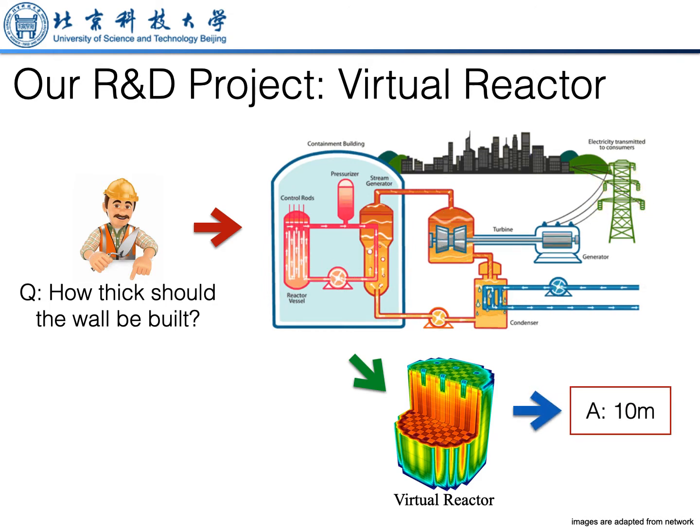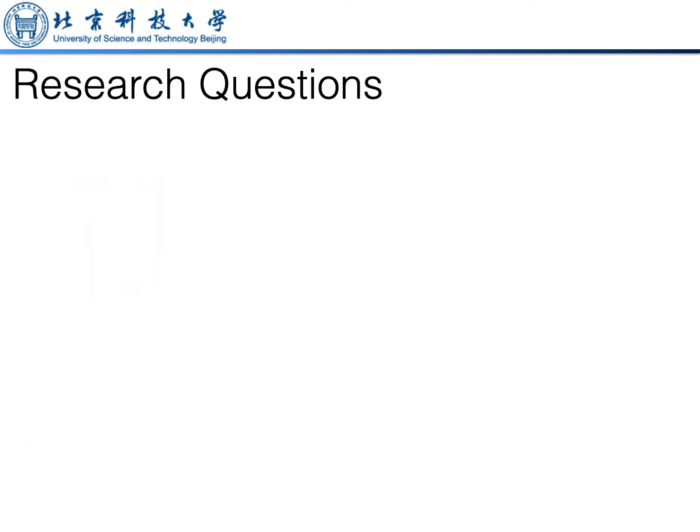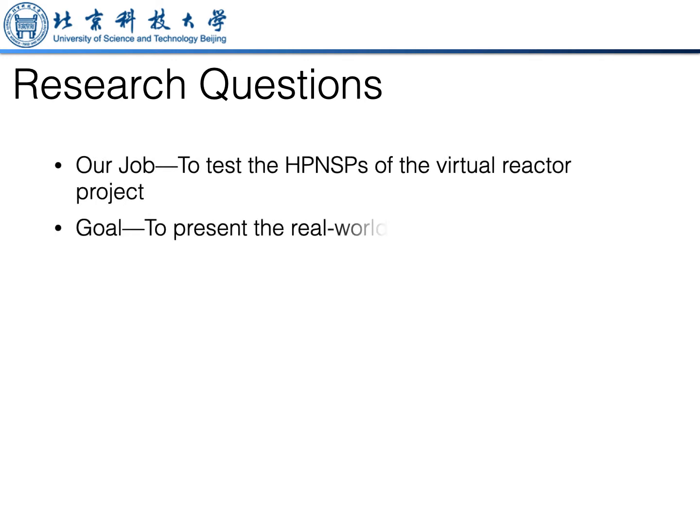Assume that the simulation results tell that 10 meters are solid enough to protect the reactor, and based on this result, we build the reactor. But what if there's a bug? Obviously, high-performance numeric simulation programs must be systematically verified, and that is my job in this multidisciplinary project, led by